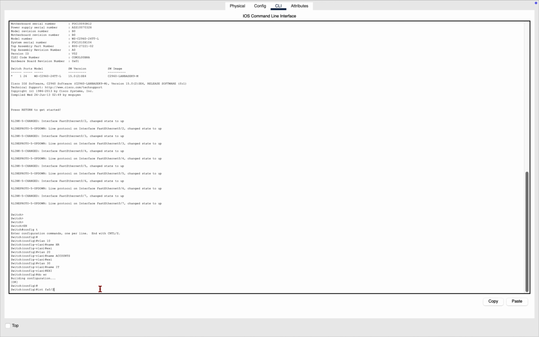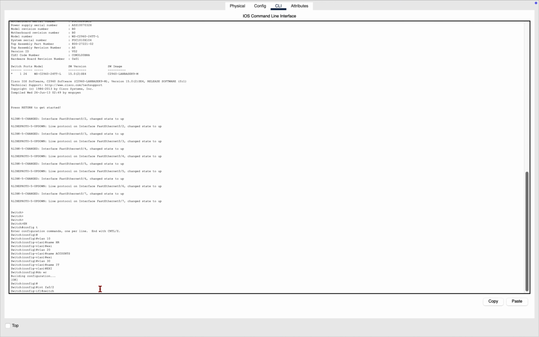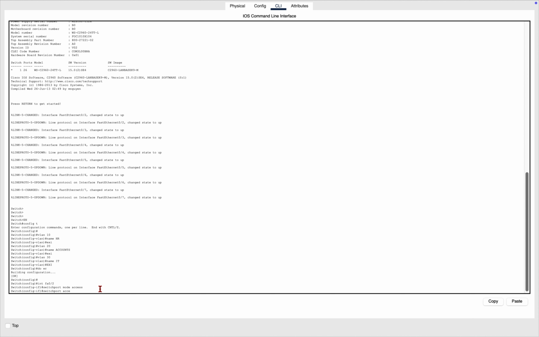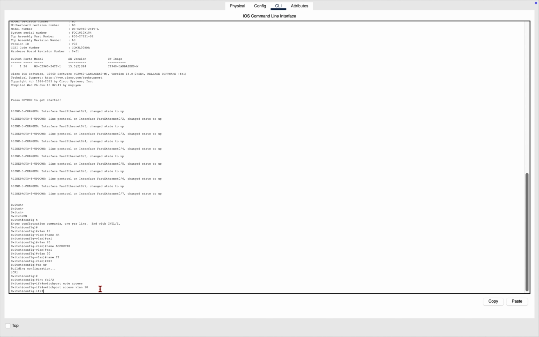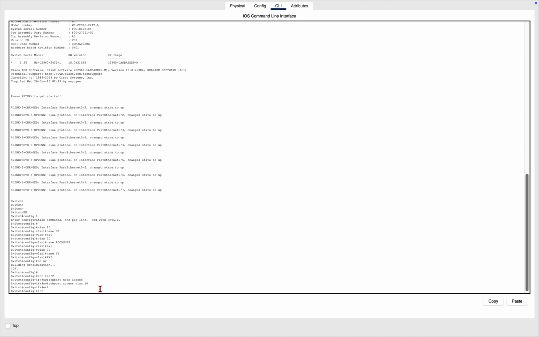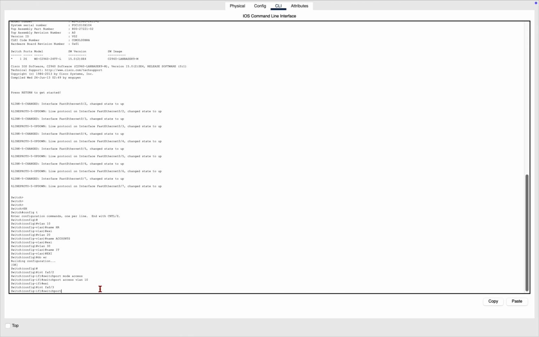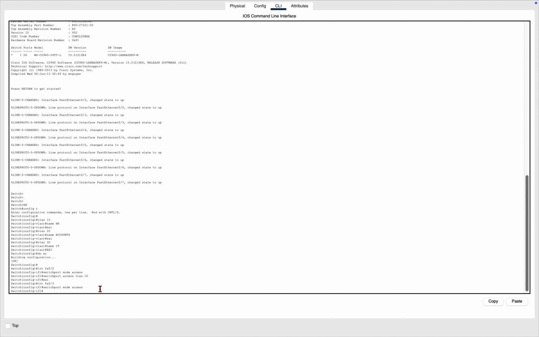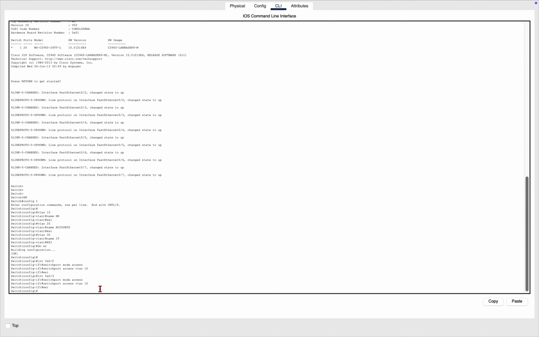Interface FA0/2. Switchport mode access. Switchport access VLAN 10. Exit. Interface FA0/3. Switchport mode access. Switchport access VLAN 10. Exit. Interface range